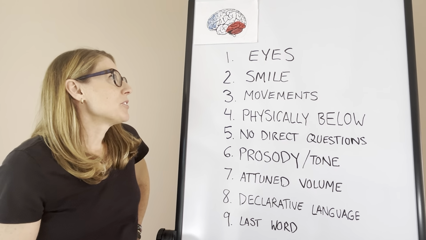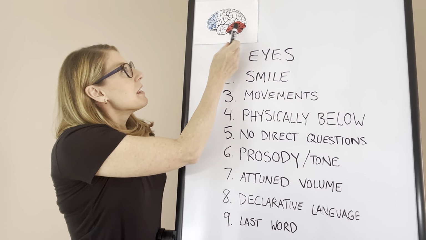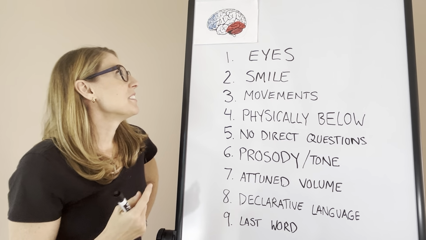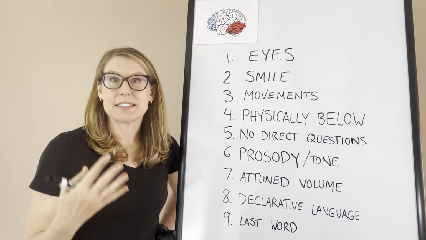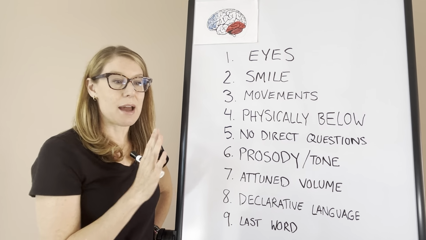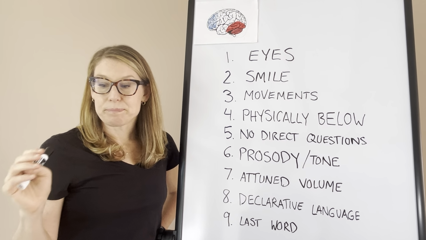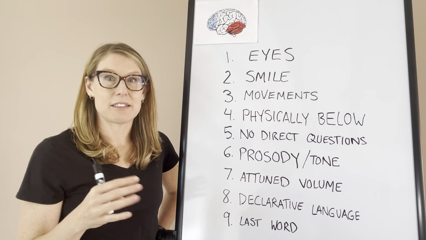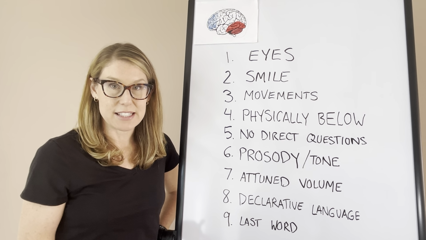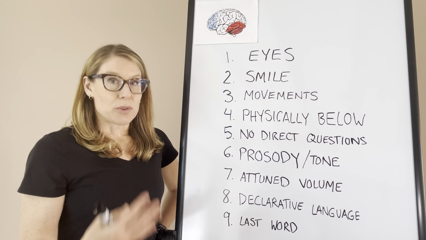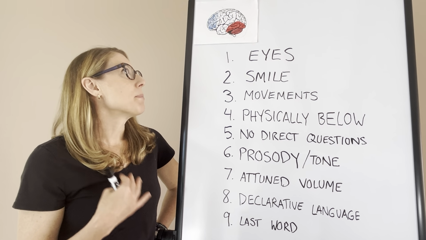What do I mean by the survival brain? Simply the limbic system, and within that, the amygdala, which is the part of the brain that detects threat. It detects, am I safe? Am I in danger? Am I in life threat? Okay. And what we know about pathologically demand avoidant children and teens is that they have hypersensitive neuroception and hypersensitive